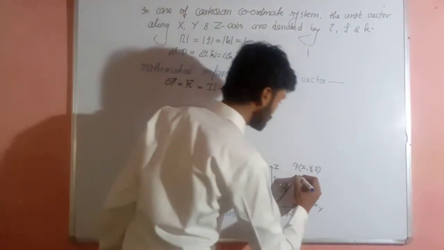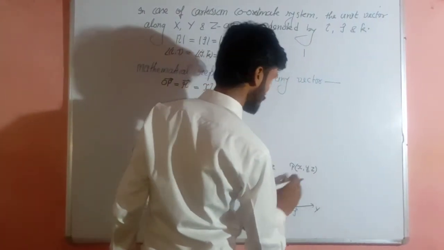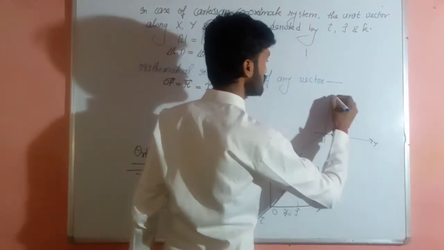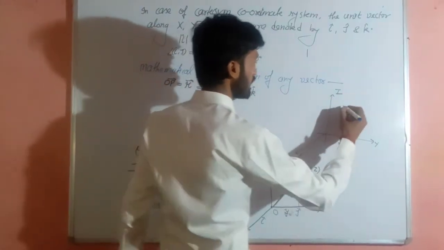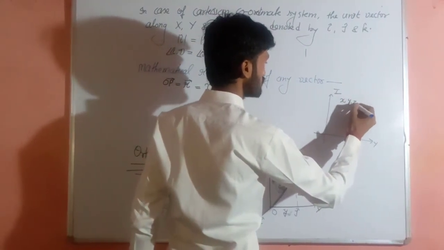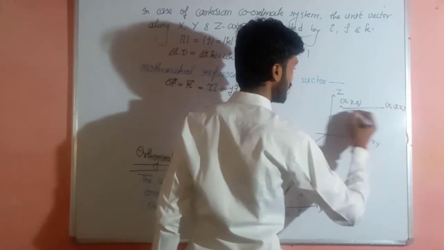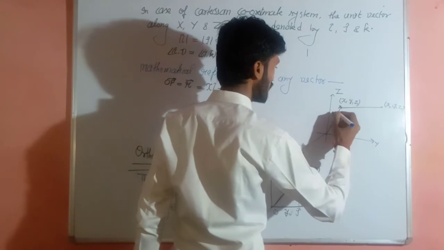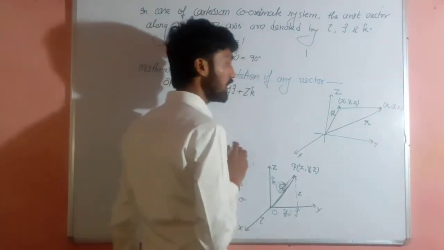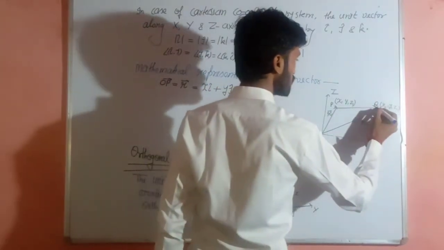And now second is the displacement vector. Take another example. This is x axis, y axis, z axis. Here one point is P, sorry, x1, y1, z1, and another point is x2, y2, z2. Then the position vector of this point is r1, and the position vector of this point is r2. And I want to find out this displacement vector from P to Q.